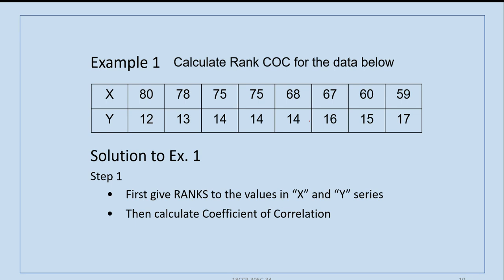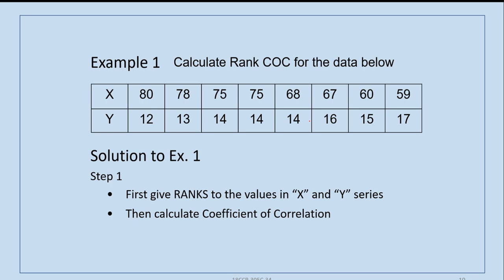So the assignment of ranks is over. The next rank will come only as 7. The 5th and 6th places are over, so for the 7th place, the 7th rank should be given. The 7th rank will be given to 78, and the last, 80, is the highest, so we should give the 8th rank. Like this we have to assign the ranks.